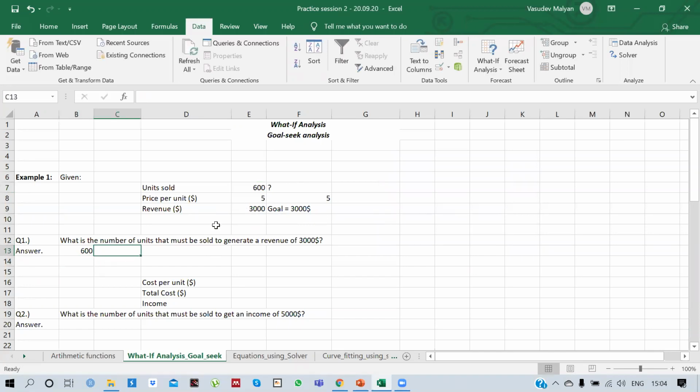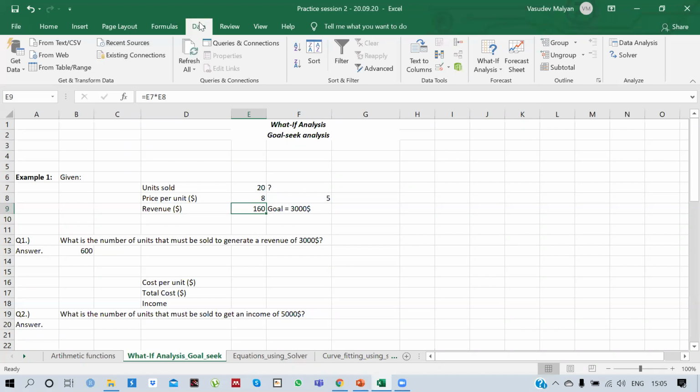I will repeat this one. So let's say we will change it to 20 again, and we have a price of $8 per unit, and we are generating a revenue of 160. Now, somebody tells you that we want to generate a revenue of, say, $1,000, not 3,000, 1,000 this time. So how many units are we supposed to sell if we are not changing the price? We are keeping the price the same, but we have to find out the number of units to be sold in order to generate a revenue of $1,000.